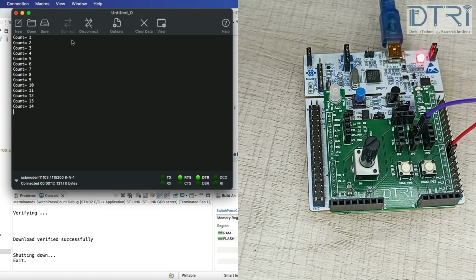As you can see, there are no unnecessary switch presses that are being registered as a result of the debouncing